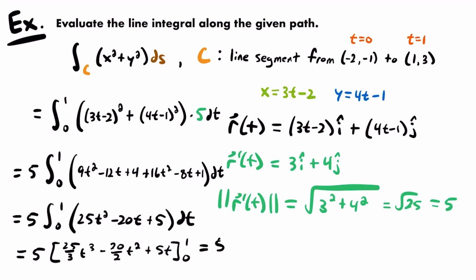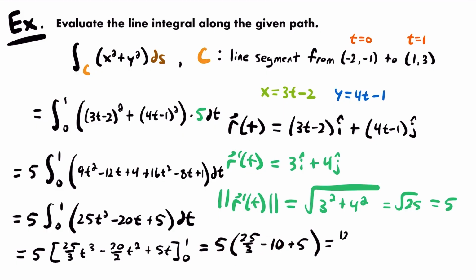This will be equal to 5 times 25 thirds times 1 cubed, which is just 1, but then we are subtracting 20 divided by 2, which is 10, times t squared, which is 1 squared. So you're multiplying by 1, and then you'll add 5 times 1, which is 5. And then simplifying, negative 10 plus 5 is negative 5, and if you distribute 5 through this quantity,